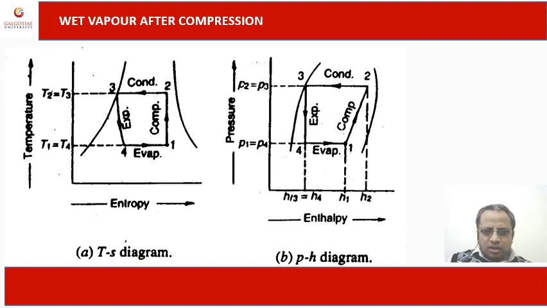Then the wet vapor compression. This activity is terminated within the dome. We can see it very clearly. So here the dryness fraction or the quality of the refrigerant vapor also comes in. Here x is 0 and here x is 1 or 100%. So within the dome, this value lies between 0 and 1, maybe 80%, 90%, 89%, depending on the thermodynamic process. Because this compression process is completed within the dome, this is the wet compression VCRS system.